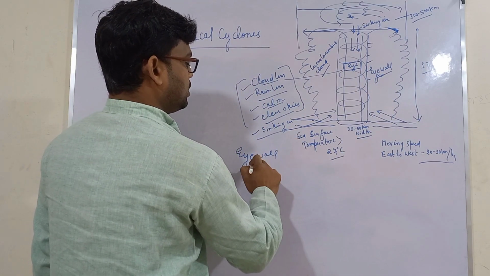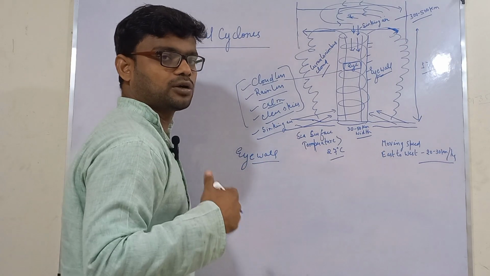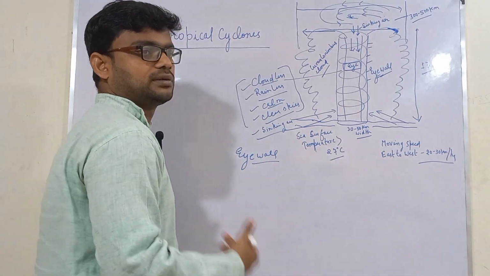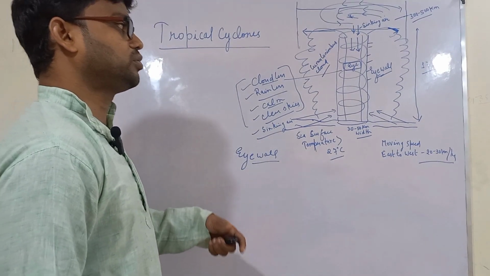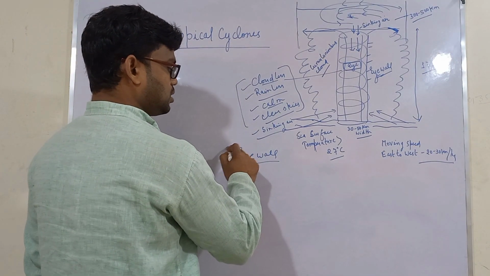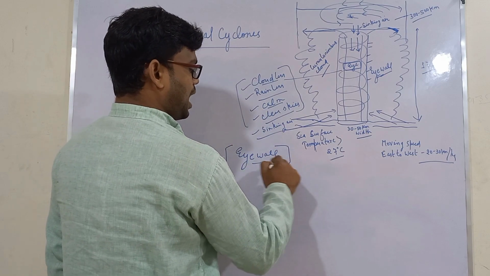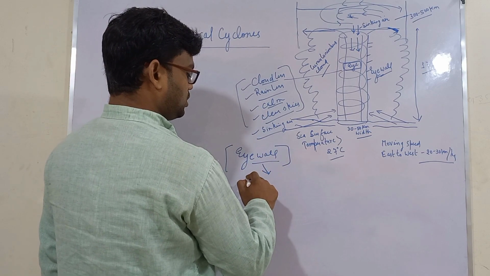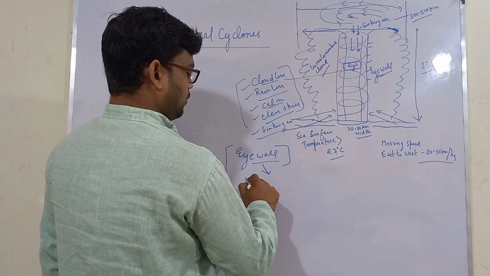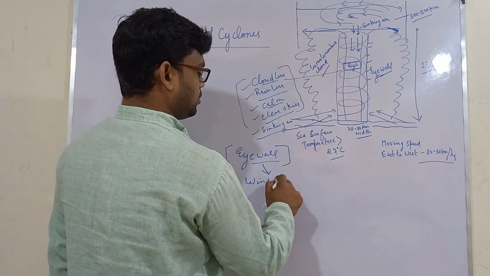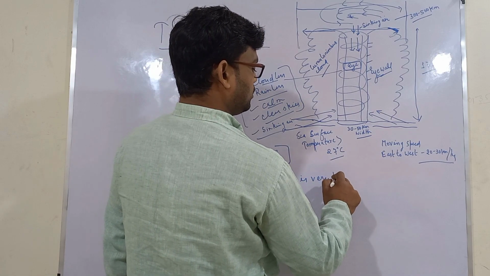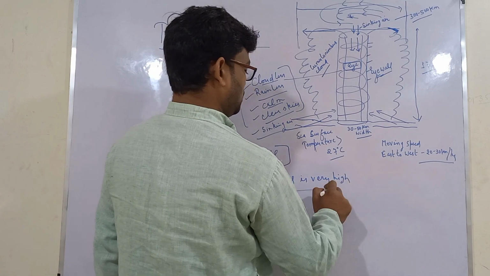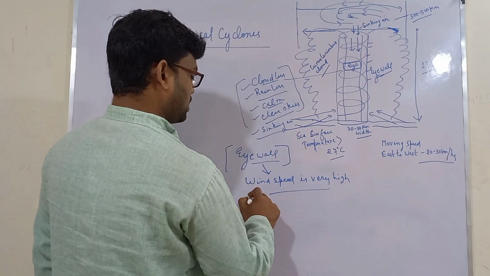Eye wall is the most destructive part of the tropical cyclone, which means direct objective questions are asked based on this: which portion of the tropical cyclone is the most destructive one? Then that is not the eye but the eye wall. Why eye wall? Because the wind speed